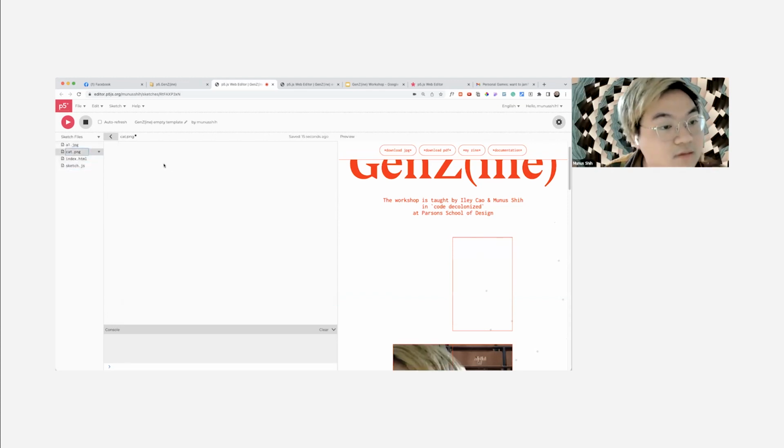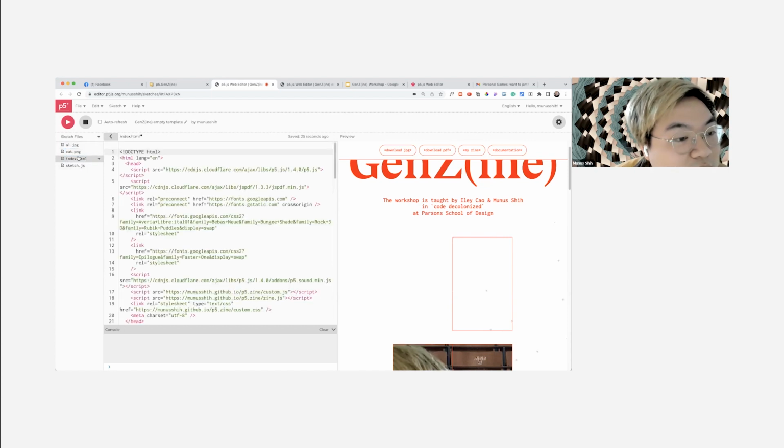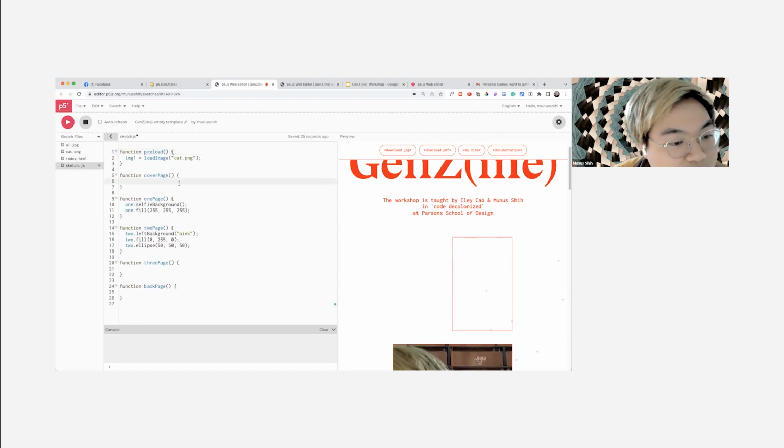You'll see that this is the image that I uploaded here, and it's called a1.jpg. And then we also have cat.png here, which I have already put inside the template. If you want to use that, you would say in the cover page, let's say image. Oh, sorry, we've got to preload that. So we don't have that right now. The way of loading it into our zine would be giving it a name. I'm just going to call it cat right now. So cat equals